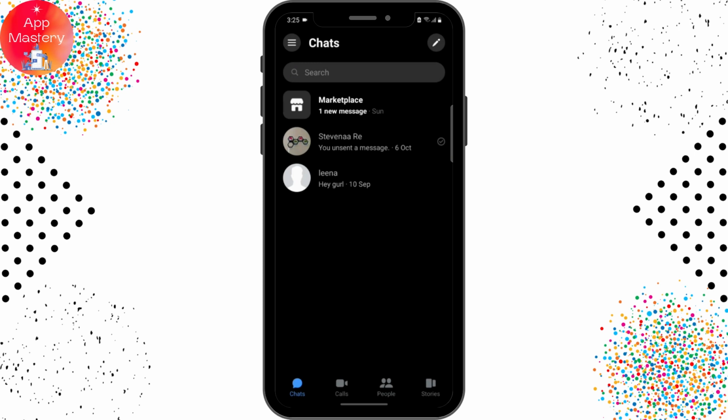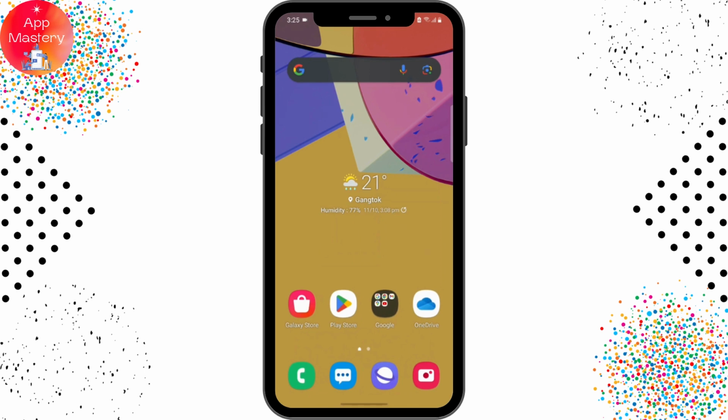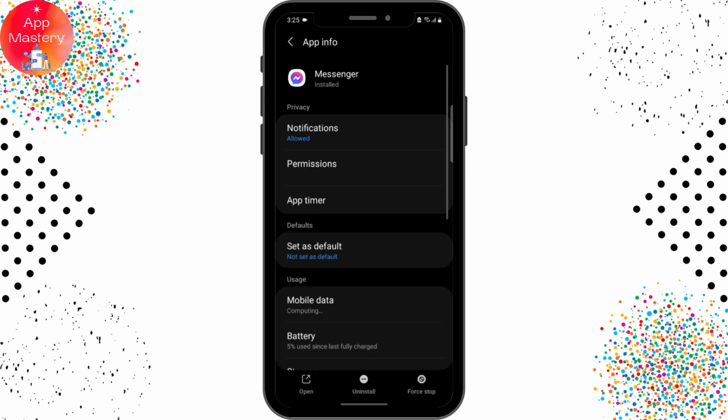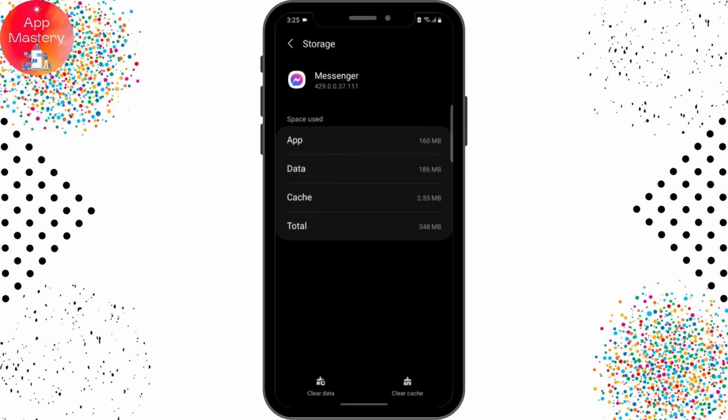But if it's not working, then the other thing is you just have to go back and open up the apps over here. You can press and hold over Messenger and tap over the i option over here. You can tap over storage and clear the cache, and you can go back and check; the last seen may be working easily. That's the thing. So if you follow these steps, you'll be able to fix if the Messenger last seen is